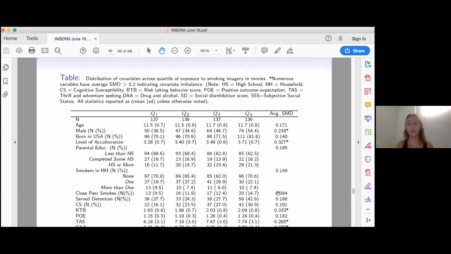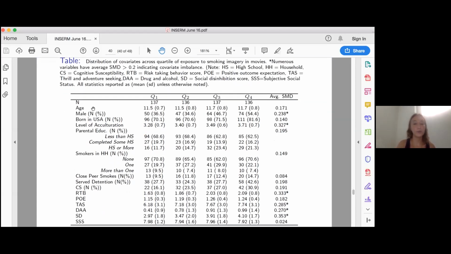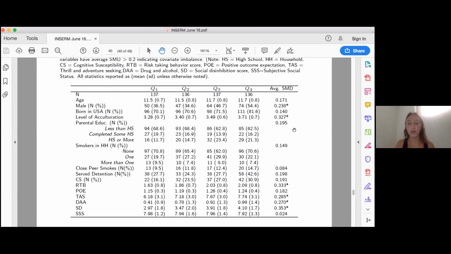Okay, this table is large. All it's showing you is the multiple confounders that we had in this data set. And all of this is abbreviated, but they're behavioral confounders. They're about risk-taking behavior, drug and alcohol use, social disinhibition, etc. And demographics, of course. What we do notice is across the 4 exposure categories of SIM, we're getting very large,